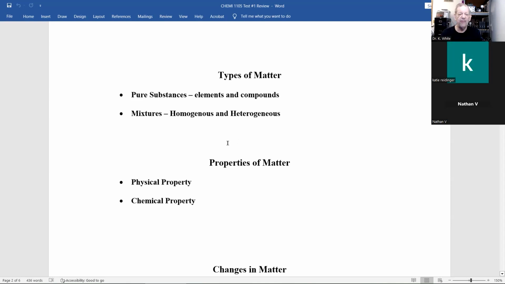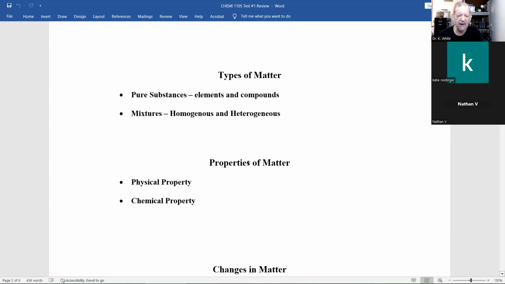I won't ask you what a mixture is, but you should know homogeneous mixture, the same throughout, such as the air you're breathing. If you were to take sugar and put it in water and shake it up real good, dissolve it, that would be homogeneous. And heterogeneous, that's when they're separate. It's not the same throughout. An example of that would be an oil vinaigrette salad dressing. I think you've all seen it separate. Or, which I won't do, if I were to put sand in my water bottle, the sand would all stay at the bottom and the water would be up there, and that would be a heterogeneous mixture.